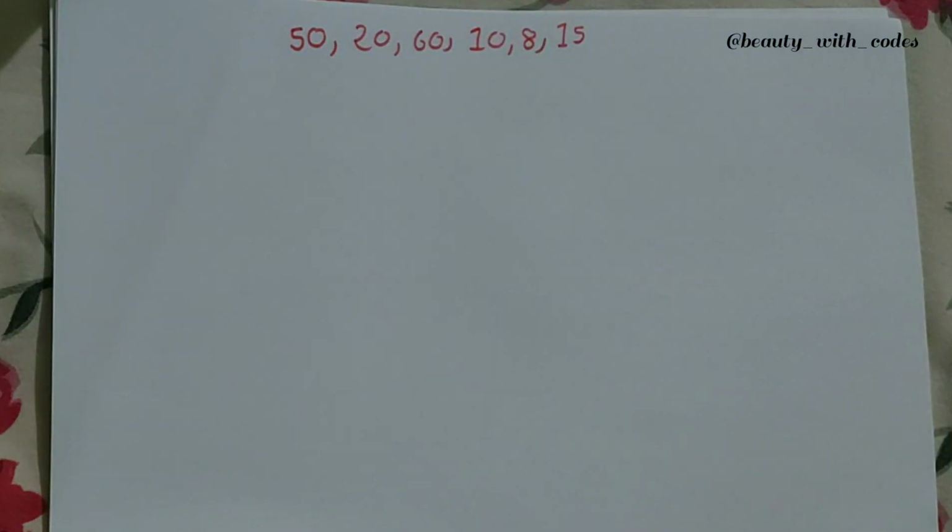It's so simple, guys. So let's get started and see. These are the elements using which we need to draw the AVL tree. But before that, how can we say if the tree is balanced or not? For that, we have a factor which we call balance factor. And what is balance factor? Balance factor is nothing but the number of children in your left subtree minus the number of children in your right subtree.